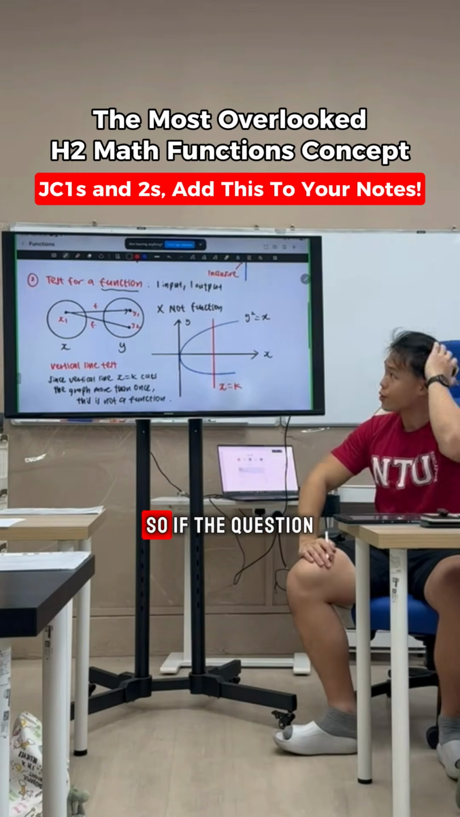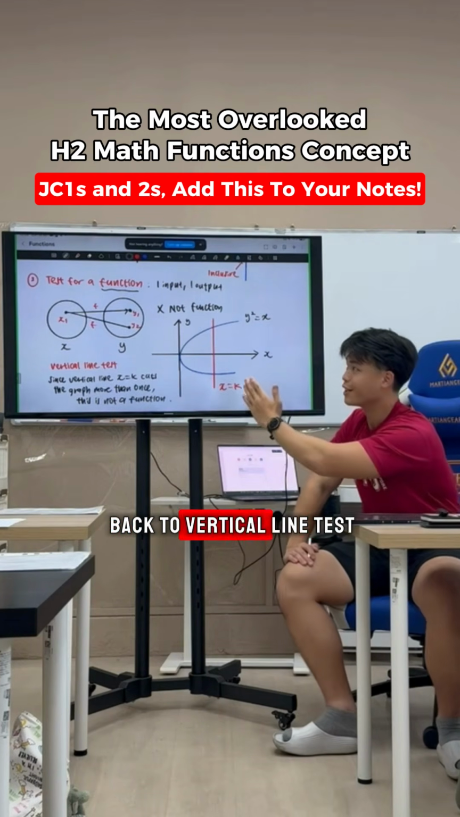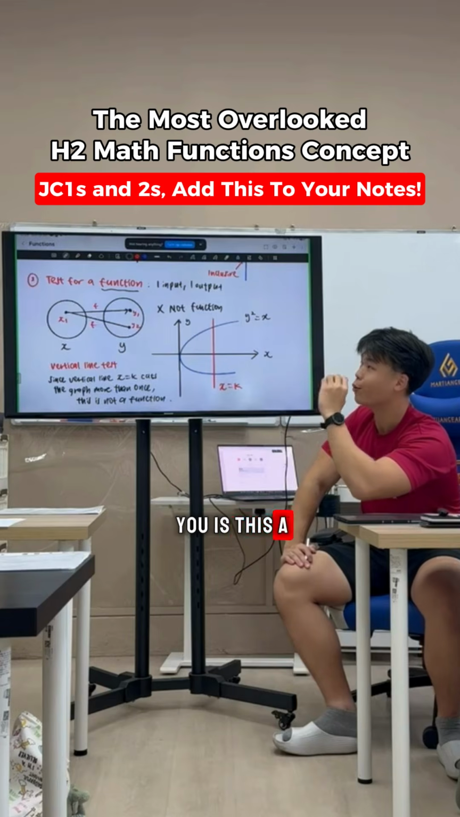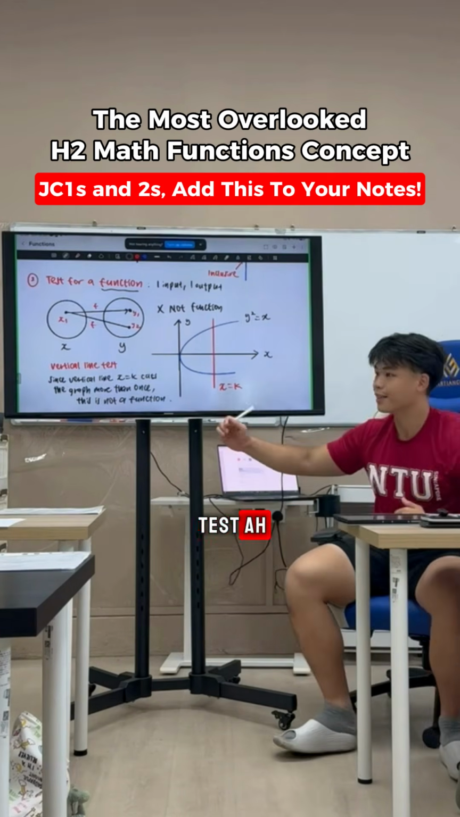So these are the two basics. If the question asks you, is this a function or not, then you fall back to the vertical line test. If the question asks you, is this a one-to-one function, then we fall back to the horizontal line test. Okay, this is the vertical line test. Question for this one. Okay,